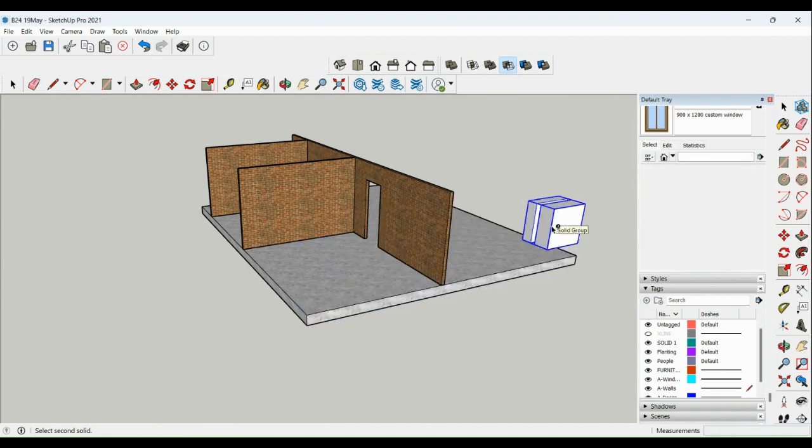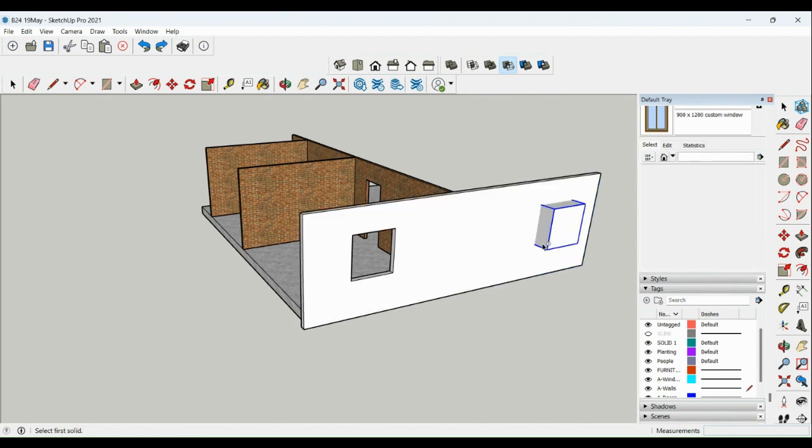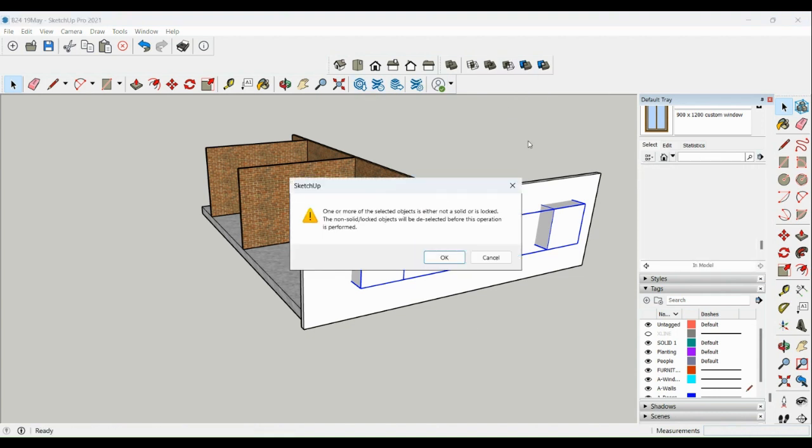If we click this, wrong, right? So one by one. Unless you combine these two guys, right? So let us group them, okay? We can actually group two items. Let's say let's select these two guys, right click and make group. So we have one group, right? Then we do the subtract. Subtract,